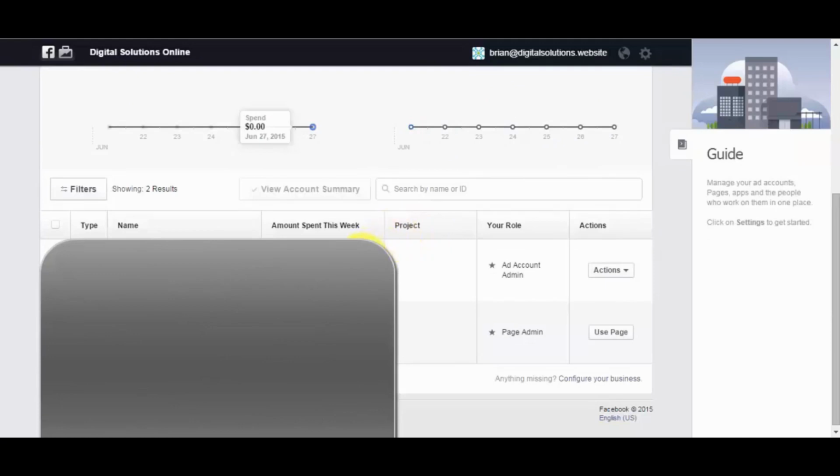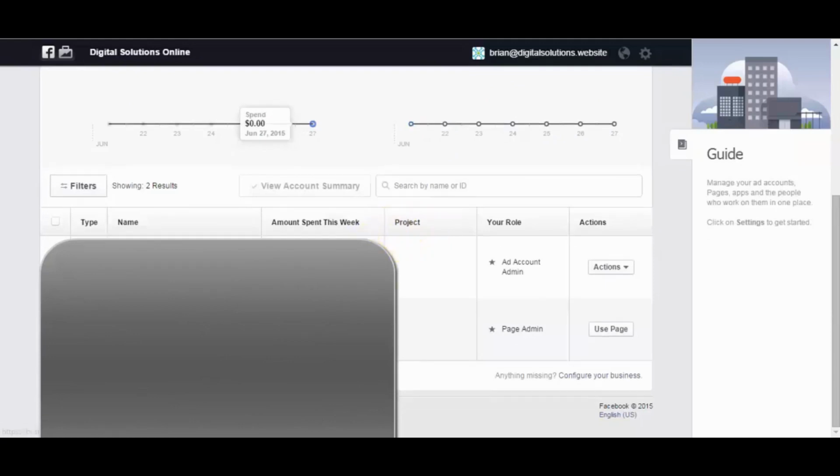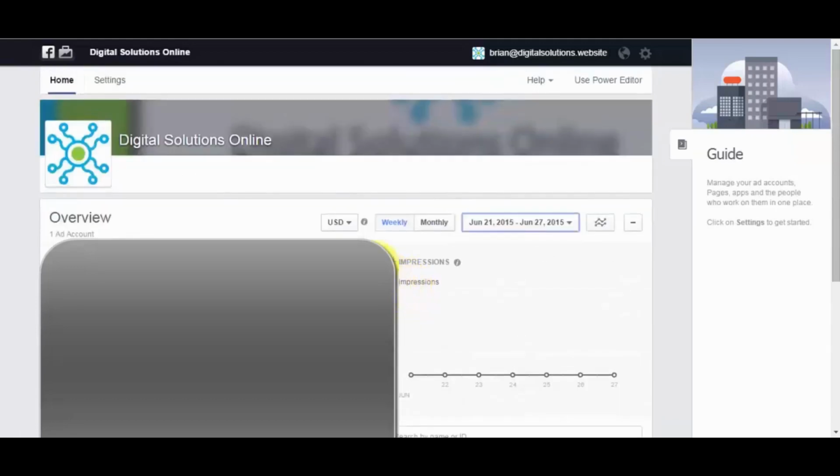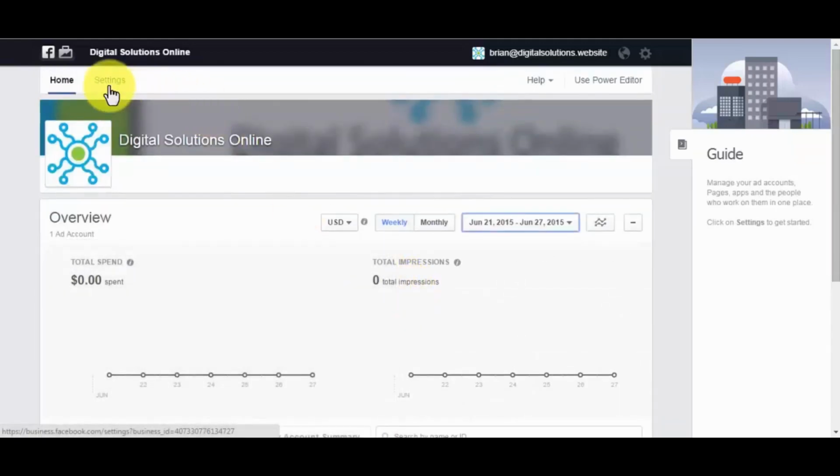And then if you scroll down here, you will see the page that, when you first set this up, you had to choose as the Business Manager page, the main one, and you'll see that here. This will just show you the overview, and up here you can click on Settings,